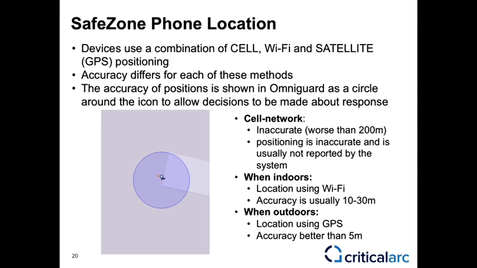When locating themselves off a cell network, smartphones generally get an accuracy that's worse than 200 meters, and this position is too inaccurate and is usually not reported to the system. When a device is indoors, it positions itself based off the Wi-Fi signals from the Wi-Fi access points. And generally, the accuracy is usually between 10 and 30 meters. So you are able to locate someone to the quadrant of a building. When outdoors, the location is determined using GPS, and usually the accuracy is better than 5 meters, which allows you